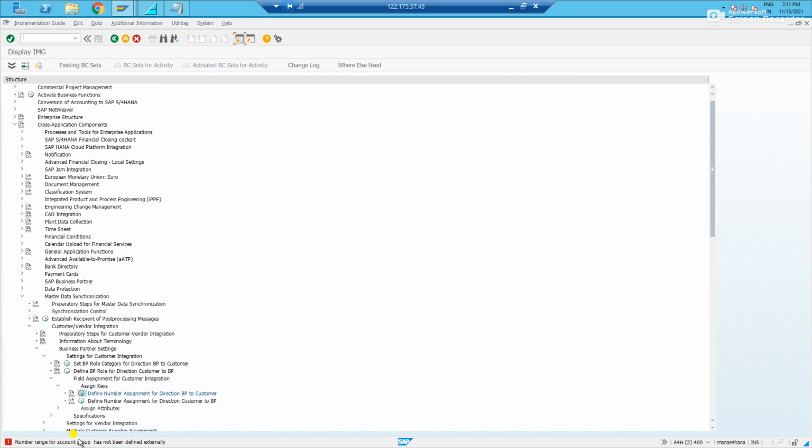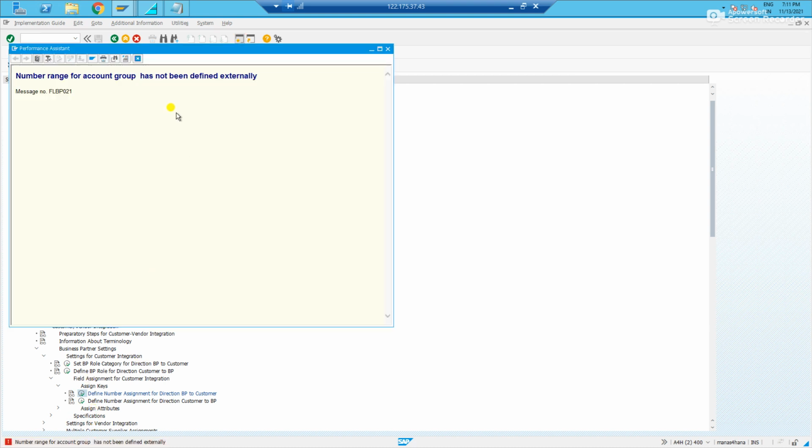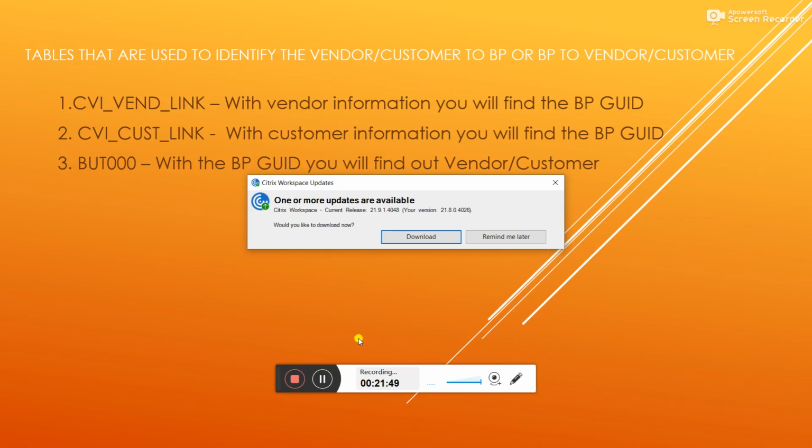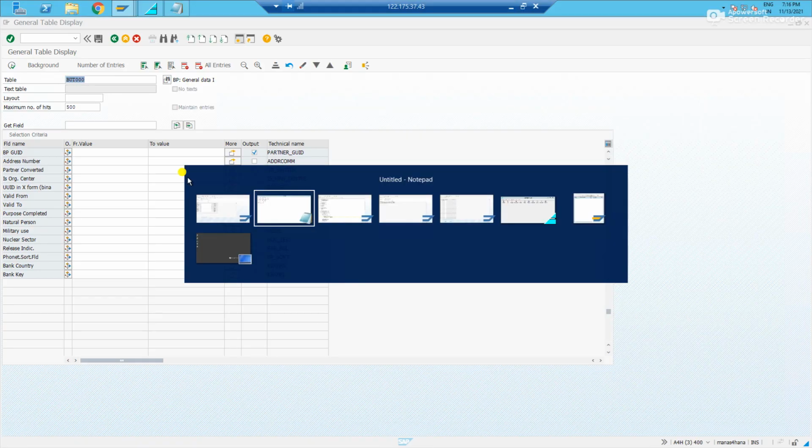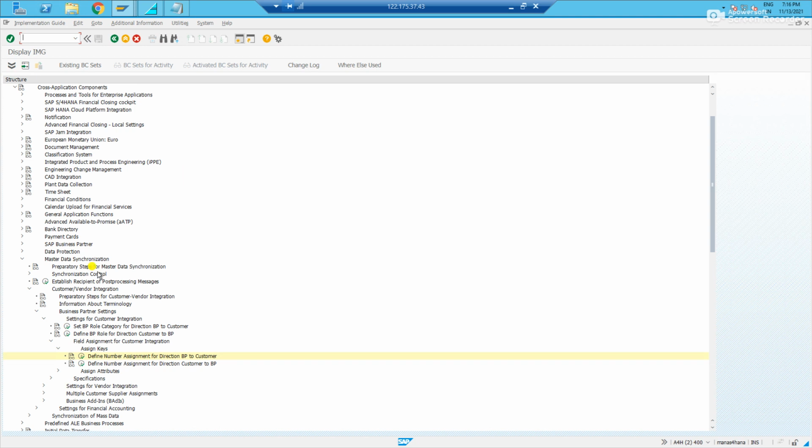Again, a number range for account group has not been defined externally. Okay, why is it giving this issue? Let us see. One sec. Yeah, the issue is not with our groups. There was some other customer group and BP group with an inconsistency that I've just fixed.